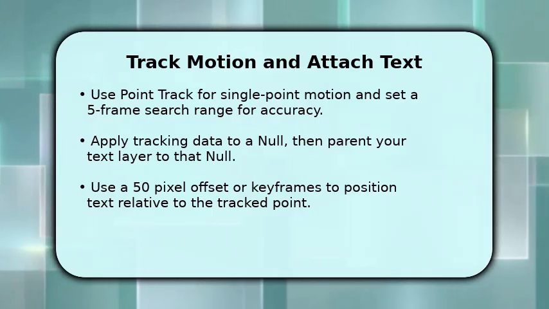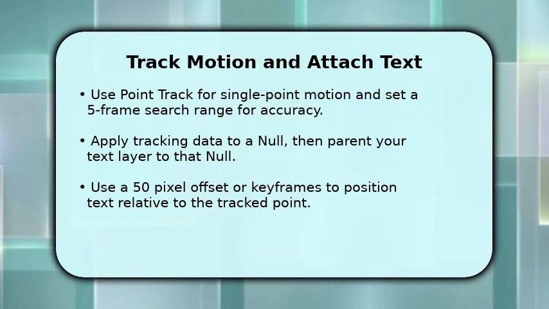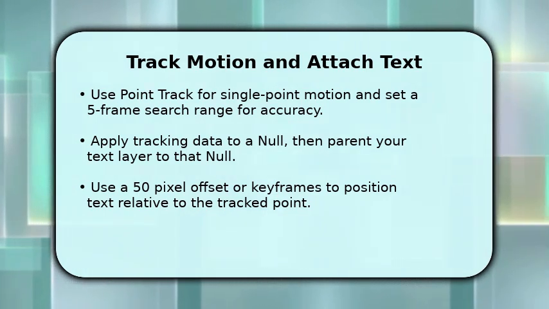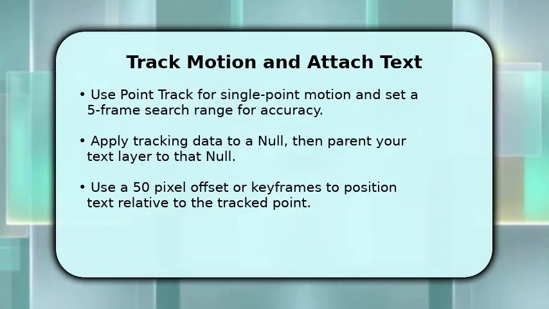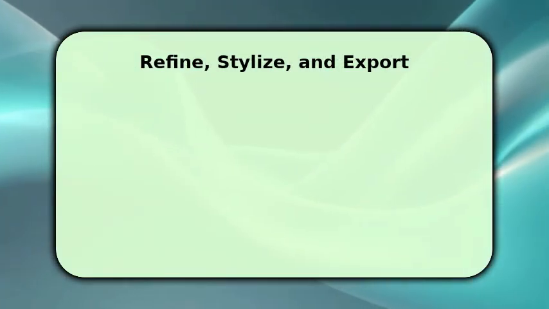Parent your text layer to the null so the text follows motion. Use a 50-pixel offset or manual keyframes to place the text exactly where you want it. Refine the motion by adding a smooth expression to the null position with a value between 3, 5, and 15